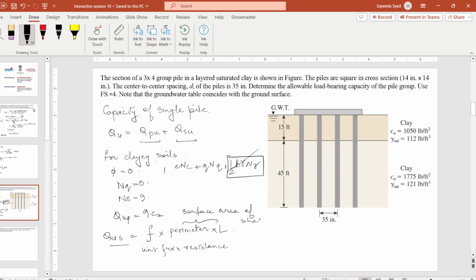So this f we calculated in sandy soil as sigma times K tan delta in sands. In clays,